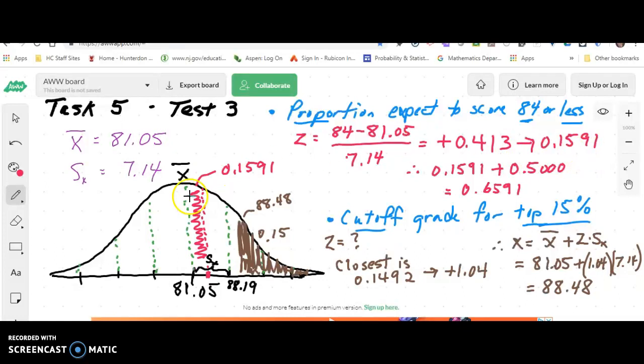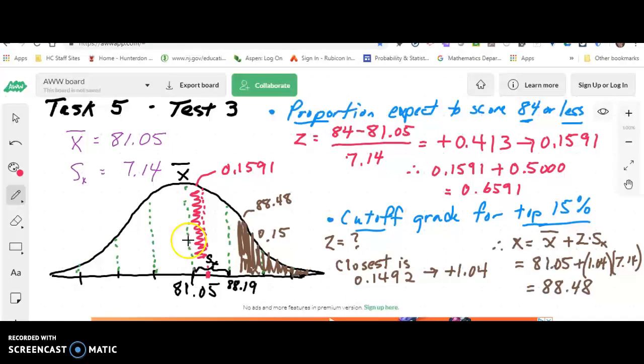That is the area from this value, which was our z-score, to the mean, right here, the area of this region. That area is the proportion of the population that falls between an 84 and our mean. But we need from 84 on down past the mean all the way to 0. So what we need to do is take that area under the curve and then add to it another